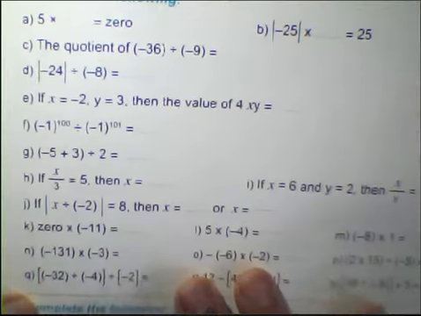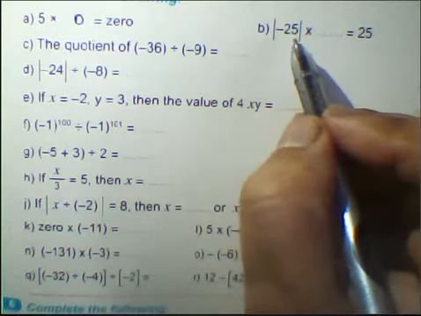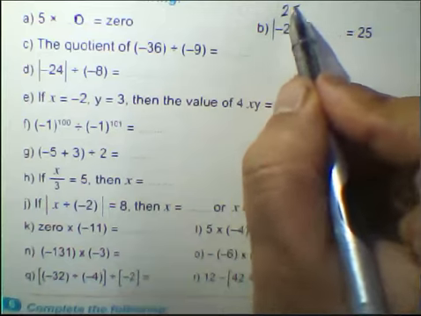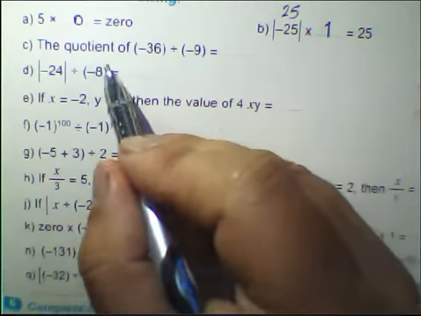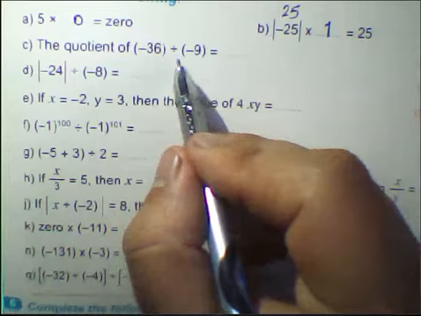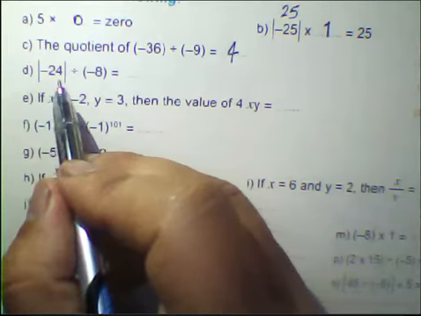Complete the following. 5 multiply 0 equals 0. Absolute value of negative 25 equal 25 multiply 1 equal 25. The quotient of negative 36 divided negative 9 equal 4. Absolute value of negative 24